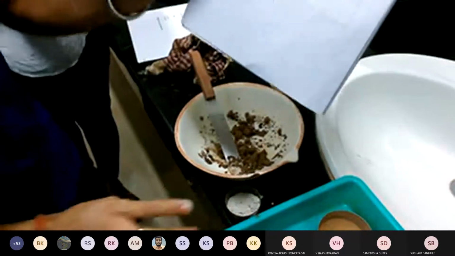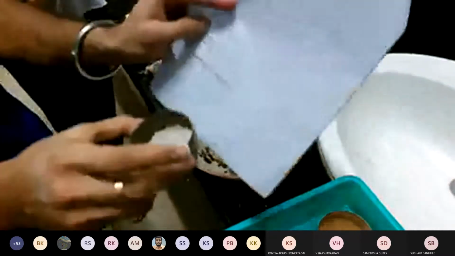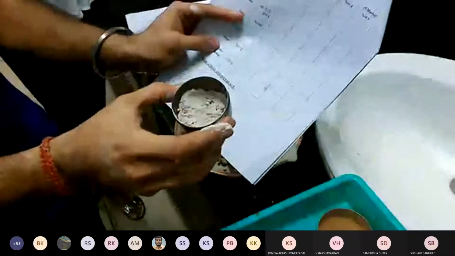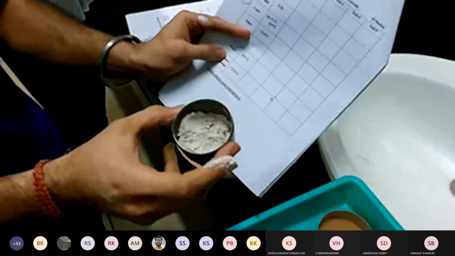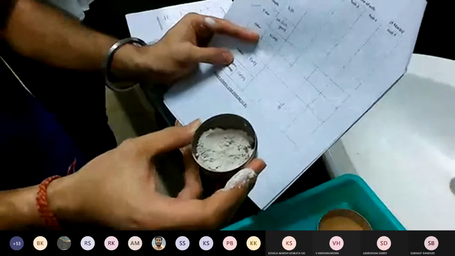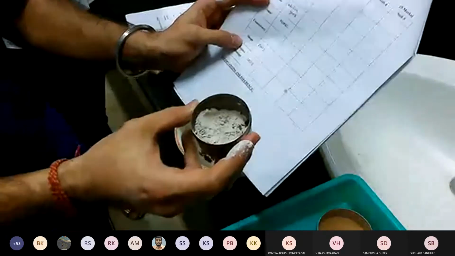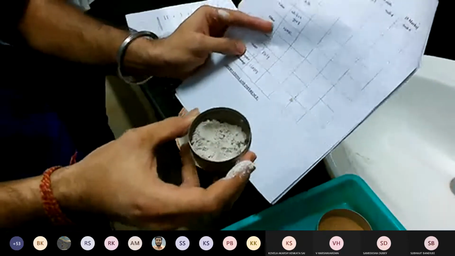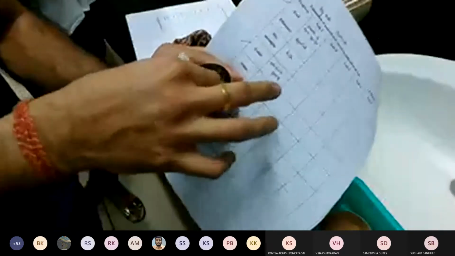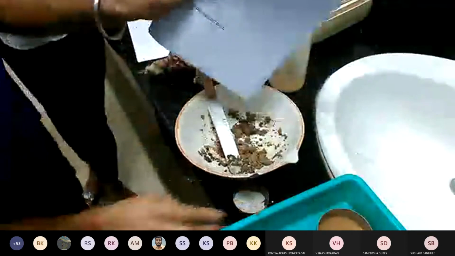And then finally, in the descriptive terminology, you have to explain what it could be. Suppose we know that this is fly ash, but if you do not know what kind of substance it is, then we can report the soil as grayish white, smooth textured, rapid dilatancy, high dry strength, non-odorous, flaky, clayey substance. So you have to collect, as sir said, 5 samples and report all these tests for all of them.